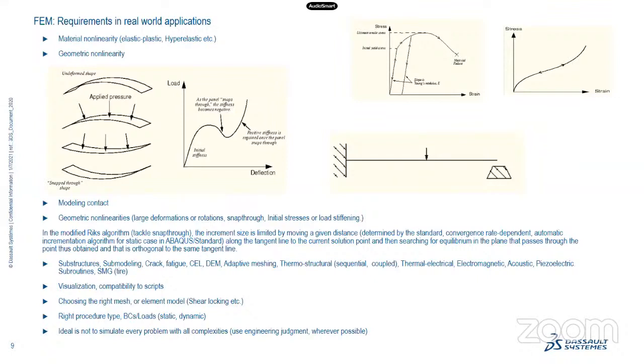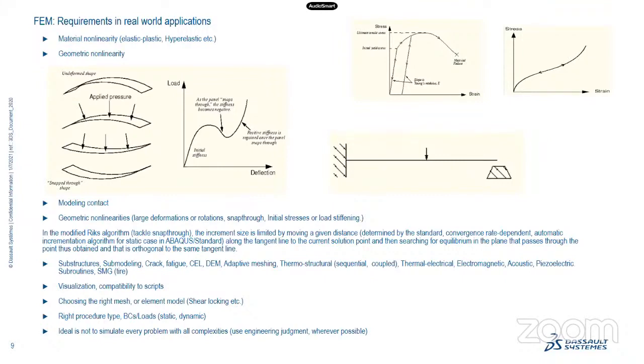And thermal structural analysis. Sometimes we may need sequential or coupled analysis. Coupling is needed where there is high non-linearity and the coupling effect is significant. We need to do a complete coupled thermal structural analysis. Otherwise, we can first do the thermal analysis and use these solutions for the further structural analysis. That is sequential analysis.